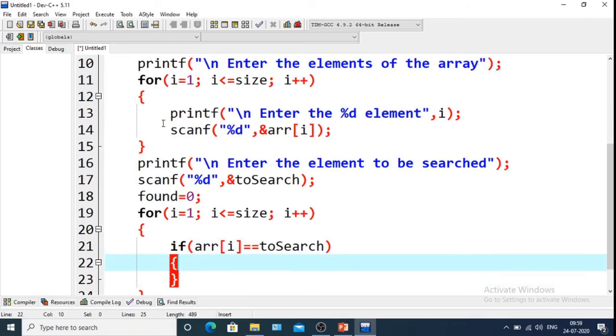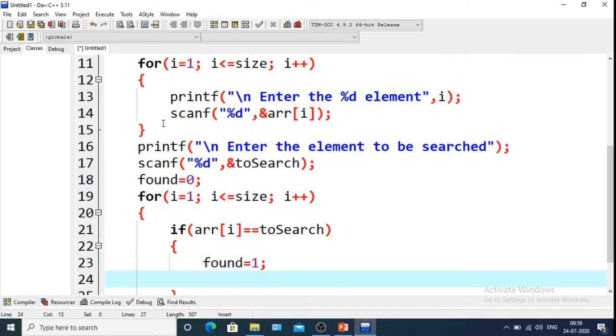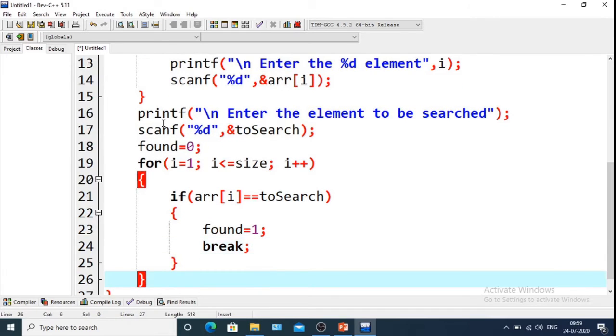If it is, then the value of found will be 1. And if it is found, we need not search more, so we will write the break statement. It will come outside of the for loop.